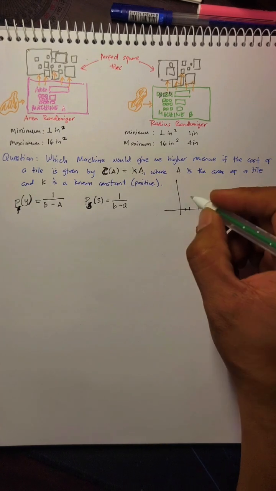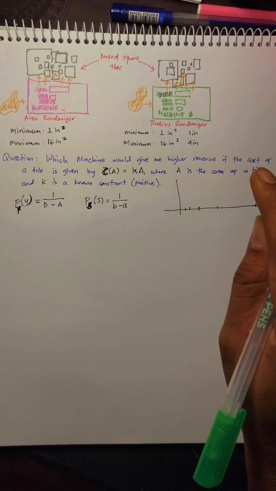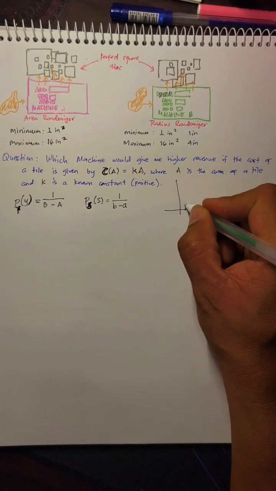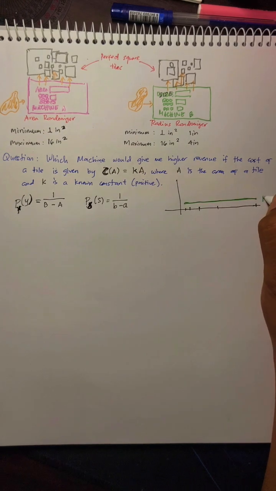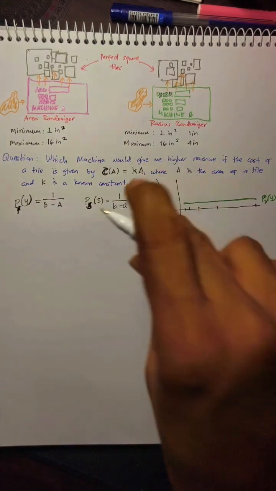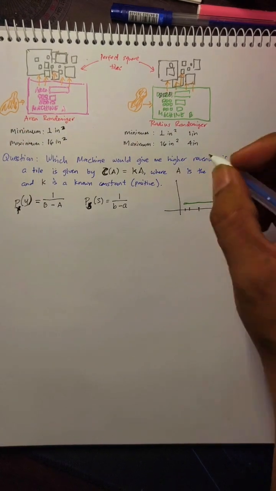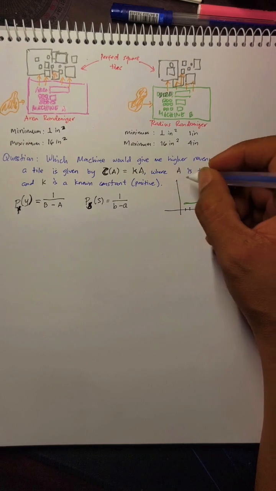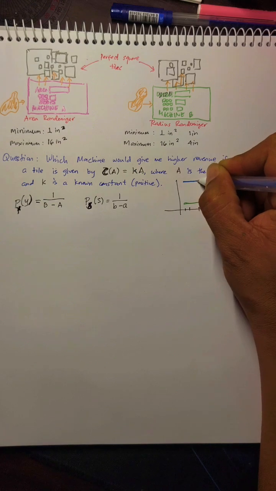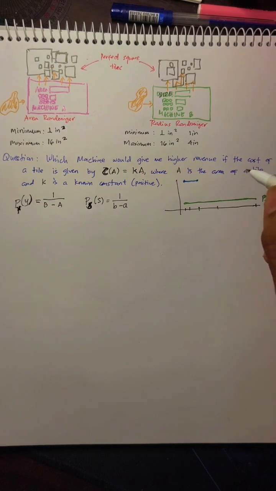For P of Y, it will be 1 over B minus A. So 16, this is 1 over 15. So the height would be 1 over 15. It's quite small. This is P of Y, the density function for Y. How about for X? X would run from 1 to 4, and that's actually 3/4. So it's quite higher. This one, 1 to 4.